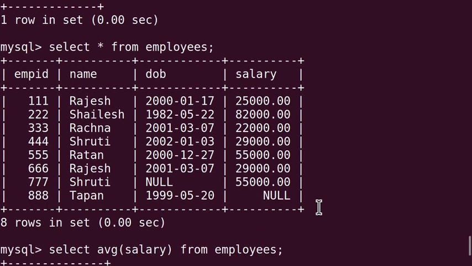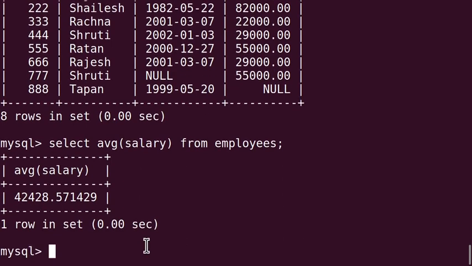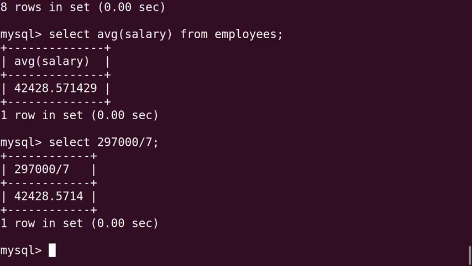If we divide it, here total 8 records are there, but one value for salary is given null. So if we divide the total by 7, we are getting this average value. Let's check. Select 2,97,000 divided by 7. We are getting the same, right?